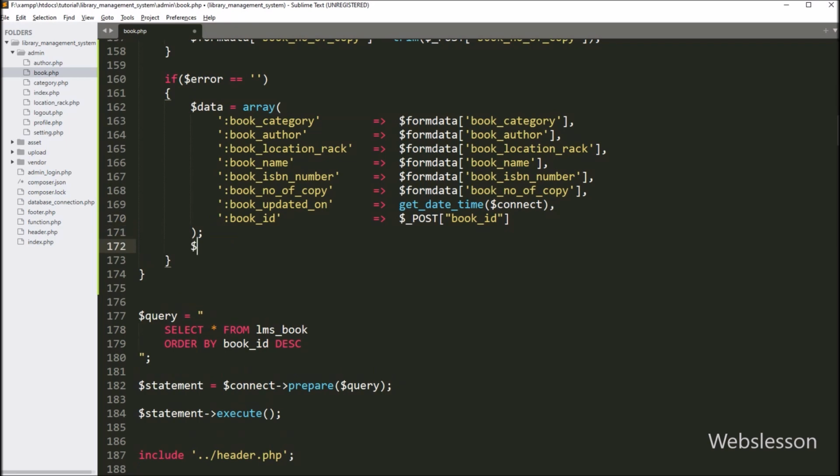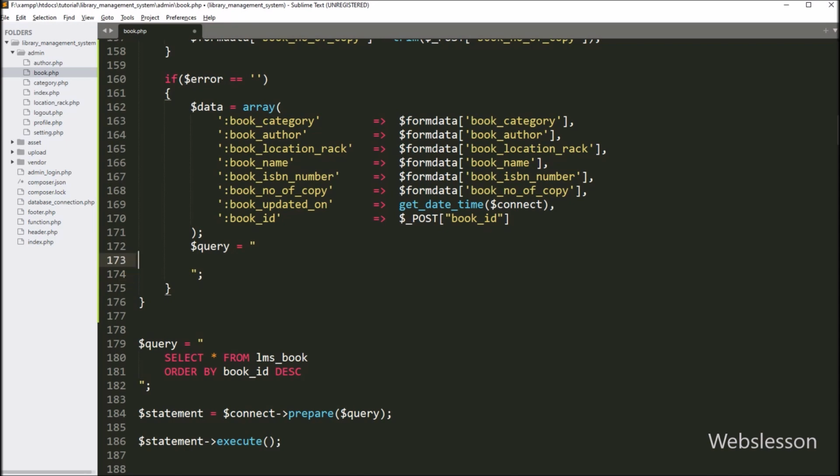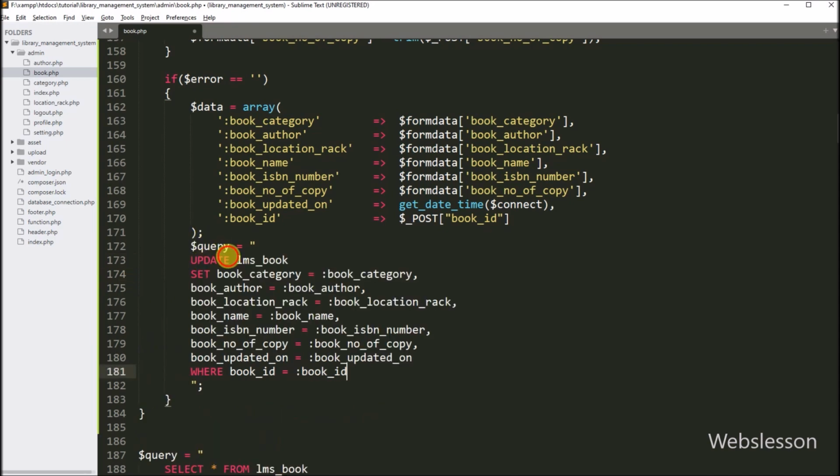Now below this, we have to write $query variable is equal to update book table, set book category is equal to book category, book author is equal to book author, book location rack is equal to book location rack, book name is equal to book name, book ISBN is equal to book ISBN number, book number of copy is equal to book number of copy.